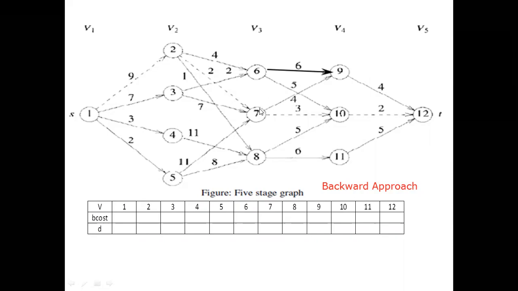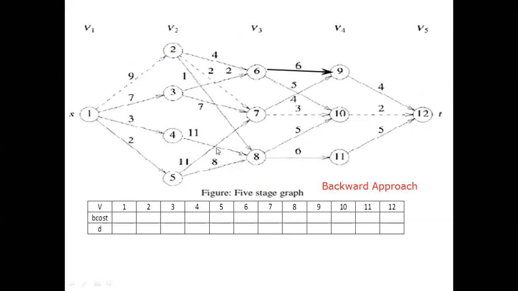graph is, how you can solve it using the forward approach, as well as how we can solve it using the backward approach. I am saying this because both approaches, forward as well as backward, were asked in previous year questions. They did not give any multi-stage graph like this and did not ask to solve one. They asked as theory: explain the multi-stage graph. That is why what I am explaining you should understand clearly so that you can solve it.